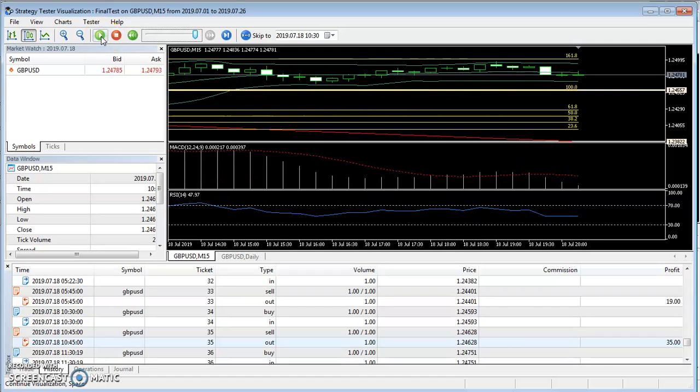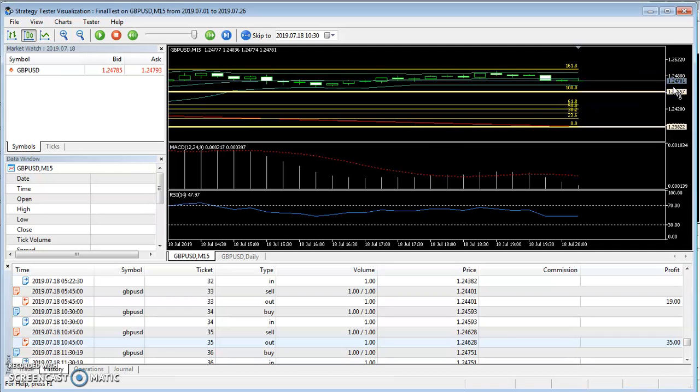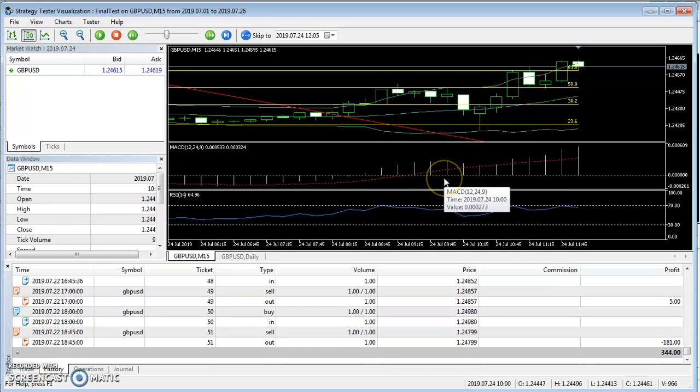So you can see that as every day changes, the resistance line and support line values change, as well as the Fibonacci lines' placement, depending on the course of the day. So in our next example, we're here in July 24th now, and I want to show a quick